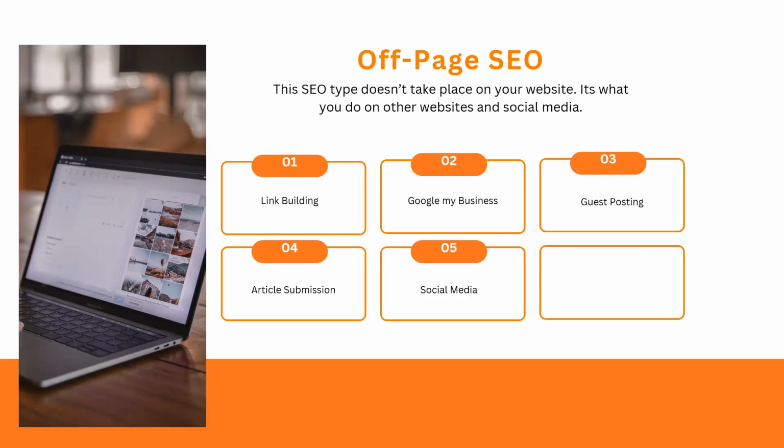The other thing for off-page SEO is Google My Business. I mentioned that earlier as well. You create a Google My Business page for your business, and you have to regularly update it, not just create it and leave it there. When you create a Google My Business for your business, it helps you with off-page SEO, such that when people are searching for certain things, it can begin to pop up at some intervals,